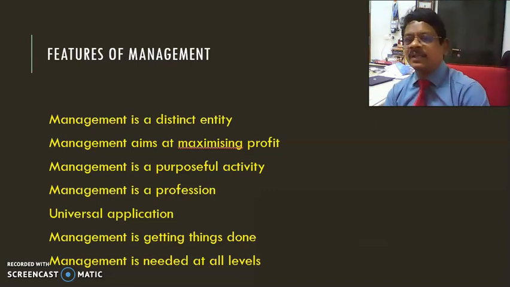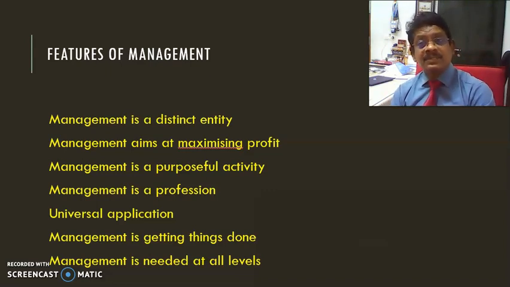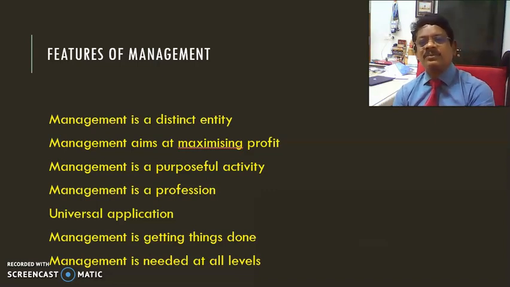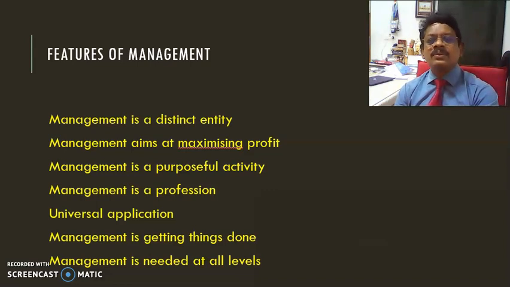Another important thing is that management is a kind of profession, right? The profession that actually has the highest value in terms of economy. It creates wealth and generates so much revenue, so it is very beneficial for society, to advance society, to enhance the quality of life of the people in society at large. Then it has universal application. You can see that management, from planning to controlling, these functions and even the roles of management can be applied anywhere, wherever people are working together in an organization.